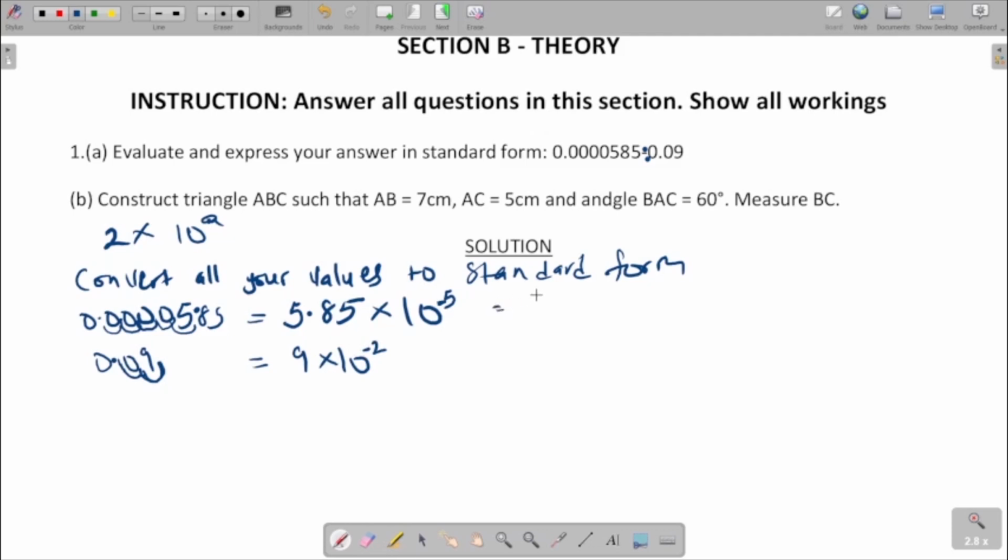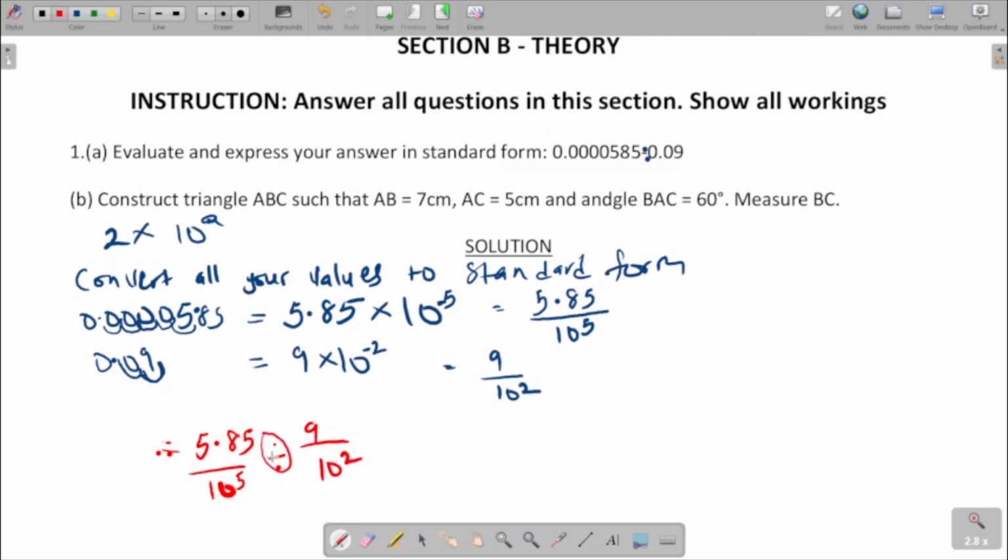Now this 0.0000585 is the same thing as 5.85 divided by 10 raised to power 5. And 0.09 is the same as 9 over 10 raised to power 2. So we are having 5.85 over 10 raised to power 5 divided by 9 over 10 raised to power 2. If you are dividing fractions, you change this to